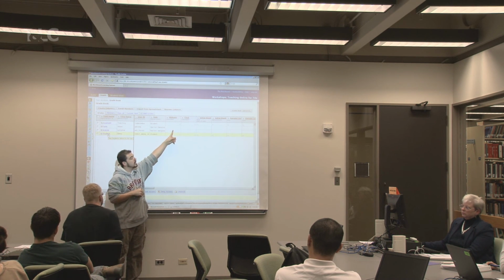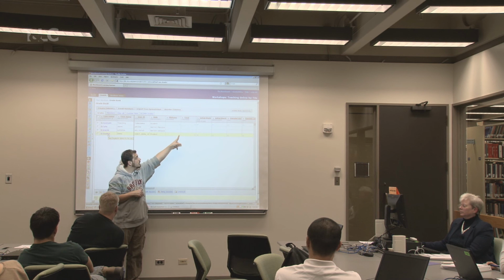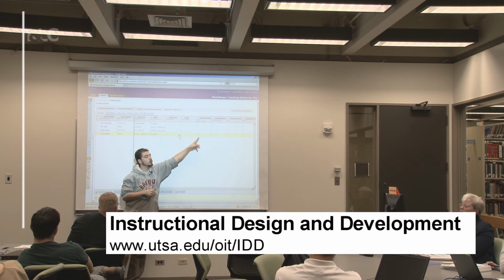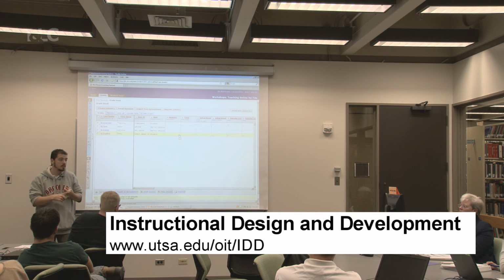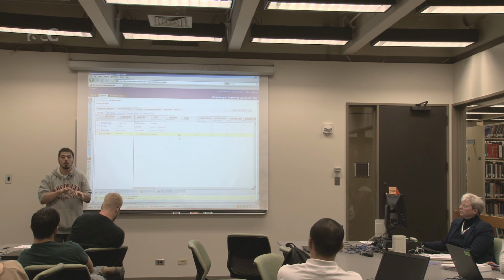As you notice, the section designer does not have little blue dashes here because you can't give your professor a grade. But you can give any of the students a grade. If you wanted to give them a grade, you can just click any of these blue links and then put in the grade that they deserve. And you can even correct grades this way. So if they made an 80 when they should have made an 85, you can go in and make those